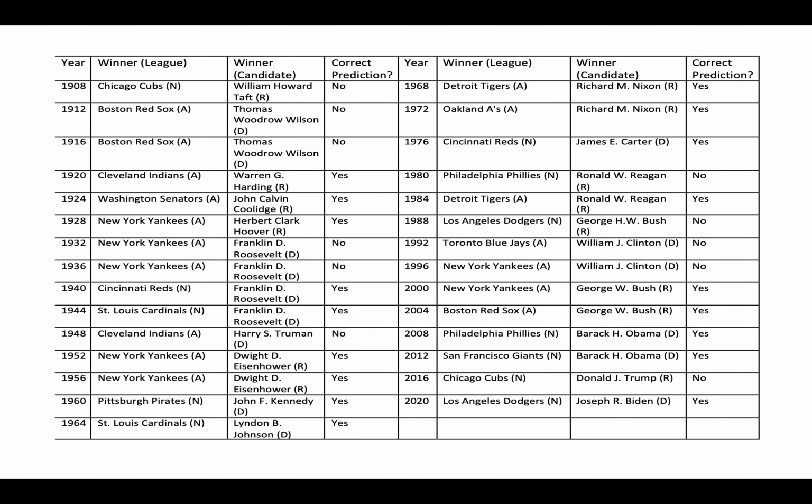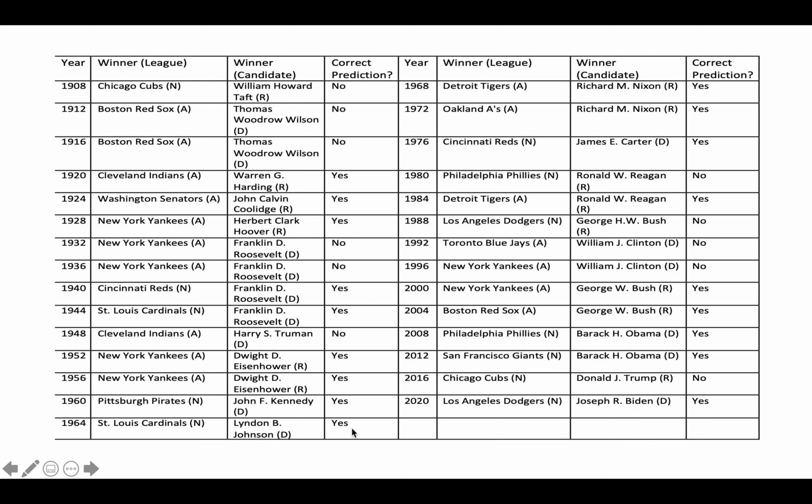Now, if we put up the chart for the World Series rule, and this is all the World Series up to the present one, 2020. And look at the winner, the winning candidate, and whether or not there was a correct prediction, so the no's and the yeses. You can see there are times when the rule goes on a winning streak, like a baseball team. So if we go down to 1952, if I can get my cursor to work,